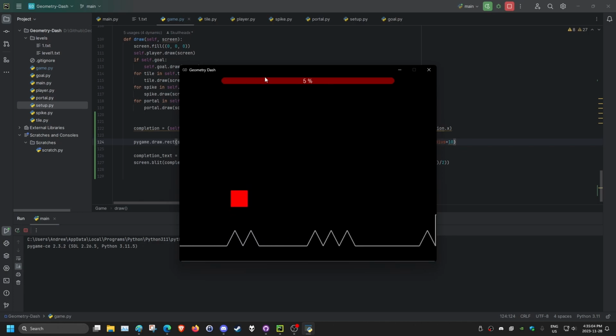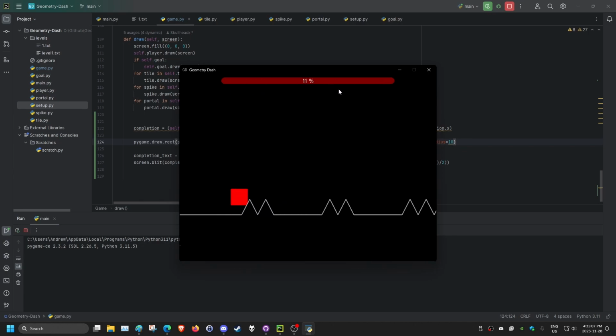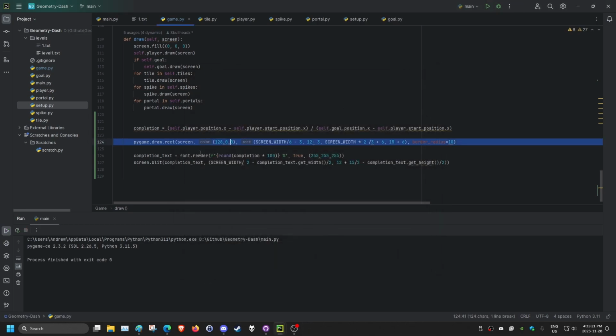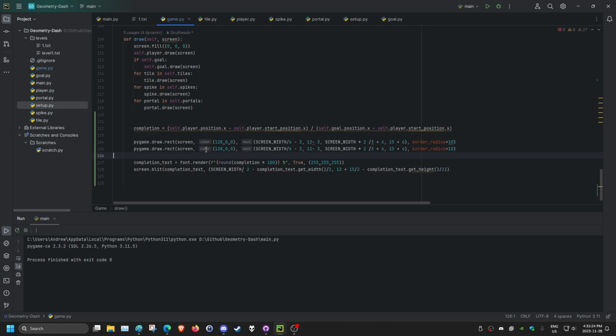If you run that, you'll see that it's going to put this big bar here, and this bar is just going to be the background, and we're going to have another line going across to show us how much through the actual level we've made it. So what we can do is literally just copy this, paste it on the next line, and we'll use C55 here. And instead of our thing over here, I'm going to explain this in a minute, this 12 minus 3, what we can do instead will be